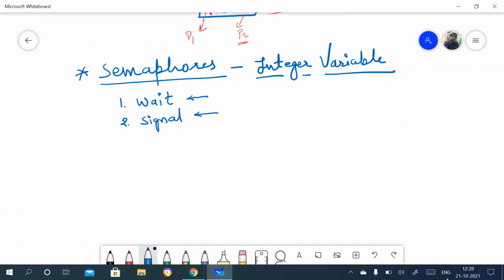As I said, semaphore is simply an integer variable, just keep that in your mind, right? And the first operation is wait. So this is a function wait, and suppose this is an integer variable.